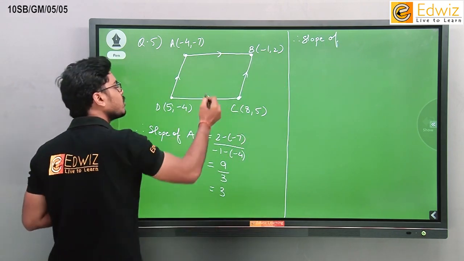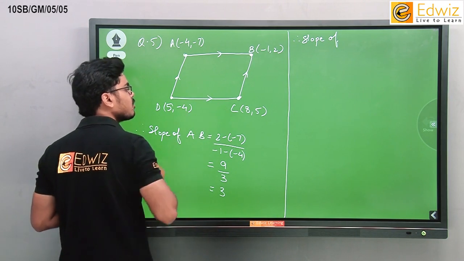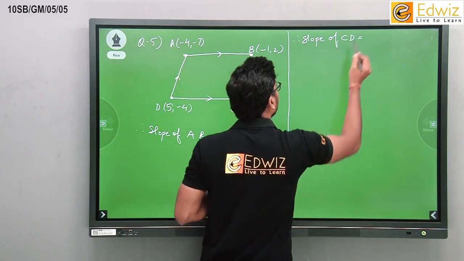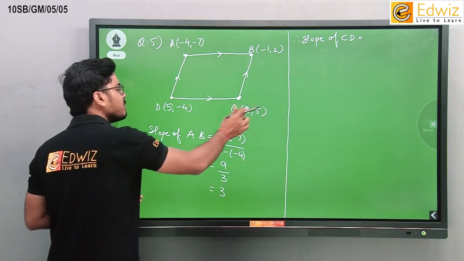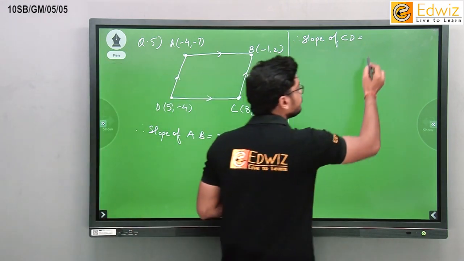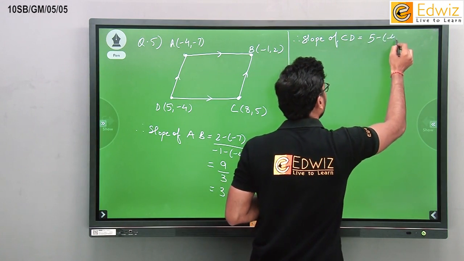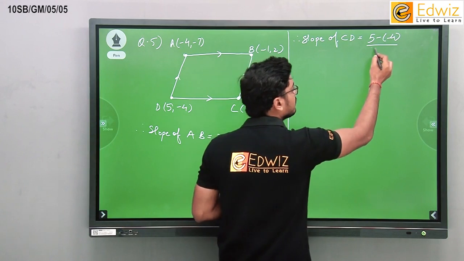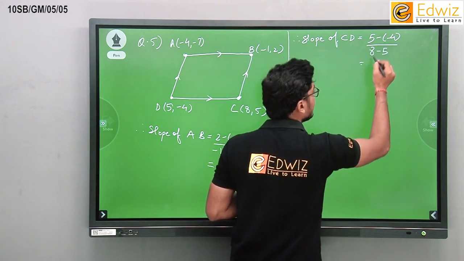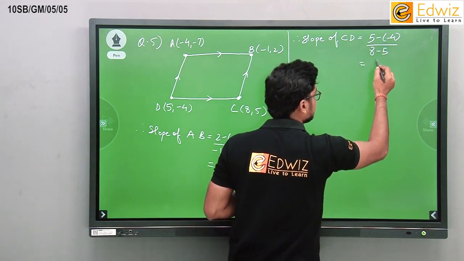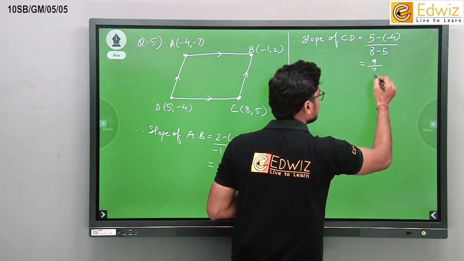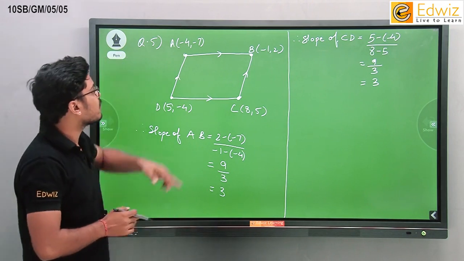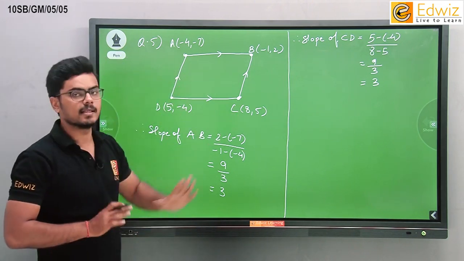Next, the opposite side to this can be CD. So let's first find the slope of CD. Slope of CD will be equal to y2 minus y1, which is 5 minus minus 4, and x2 minus x1 will be 8 minus 5. So we are getting 5 plus 4, that is 9, divided by 8 minus 5, that is 3. So the slope of this also came as 3. This proves that AB is parallel to CD, okay,